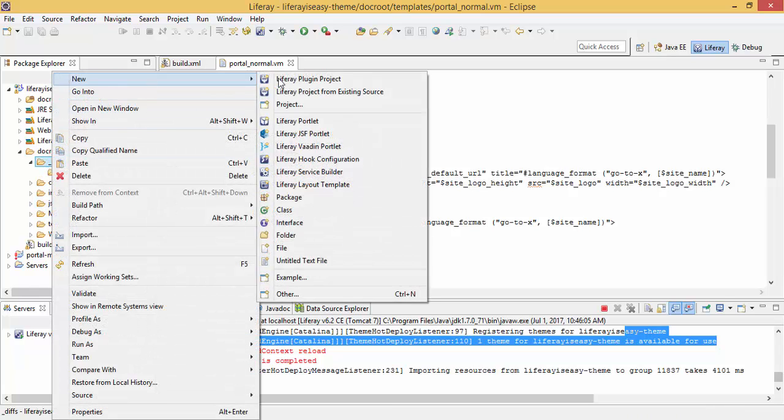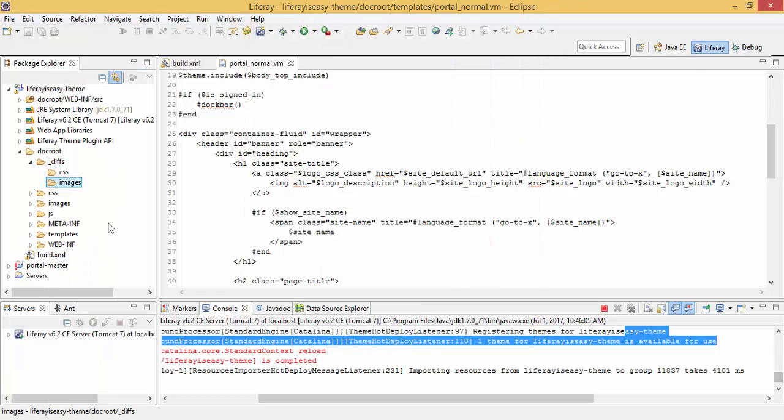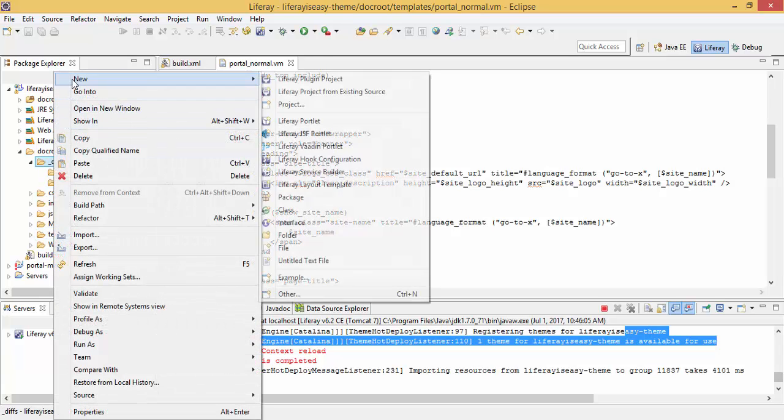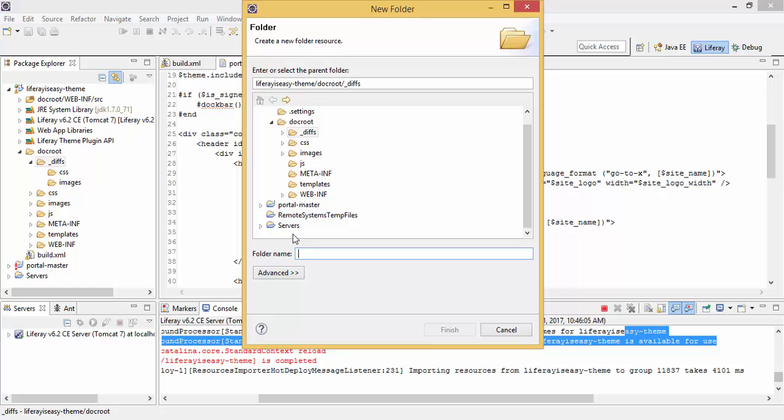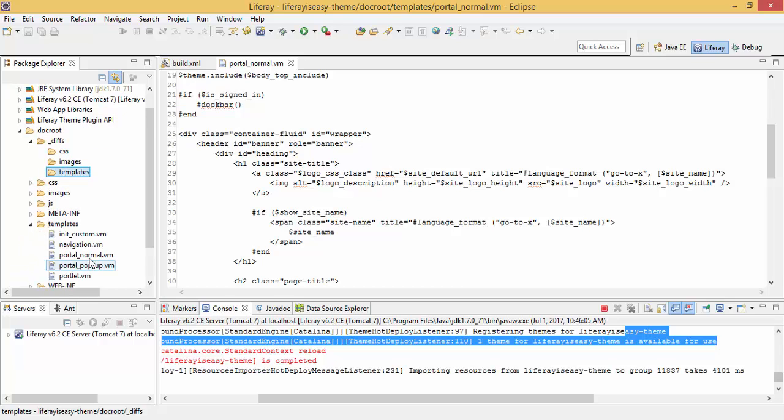Similarly, if I want to change this file, I simply copy it and paste it inside this. So all the changes are in the diff folder.